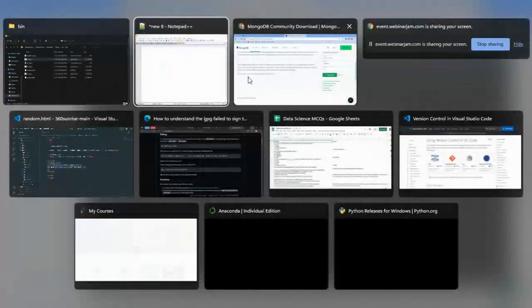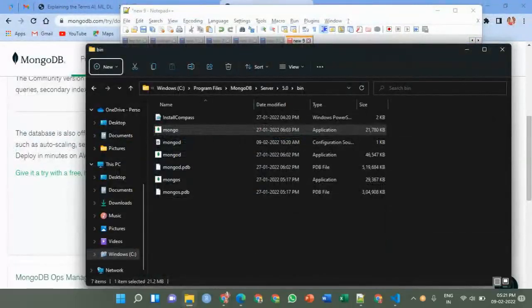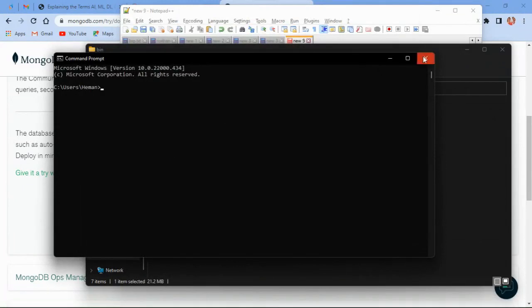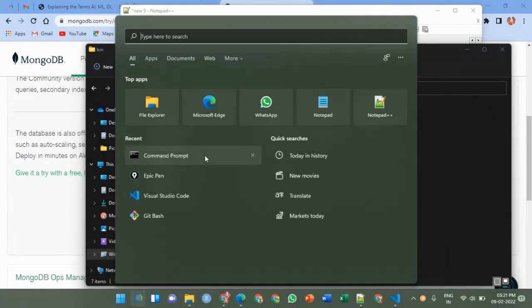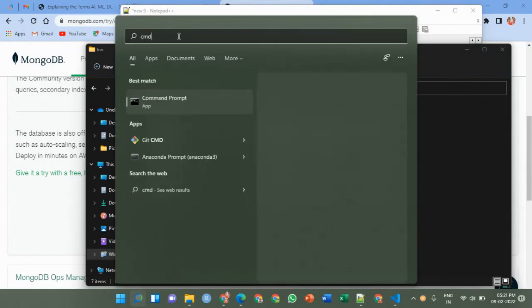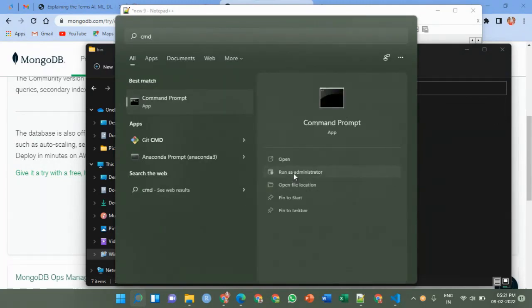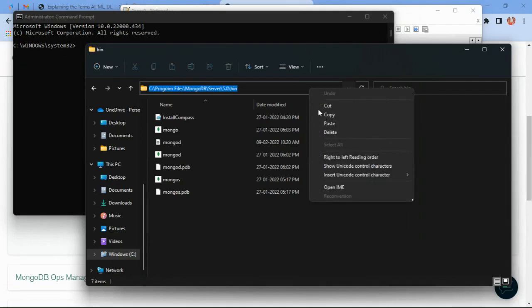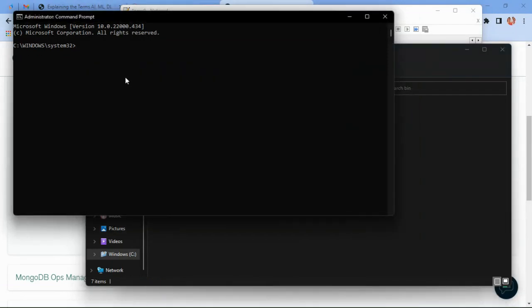So after installing this, you can go back to the command prompt, and I'll execute the command prompt using Run as administrator. You can copy this particular path and go to this particular path. And if I click on MongoDB,